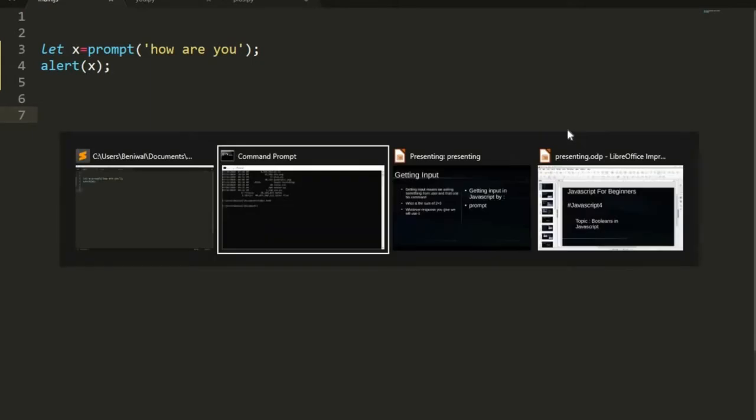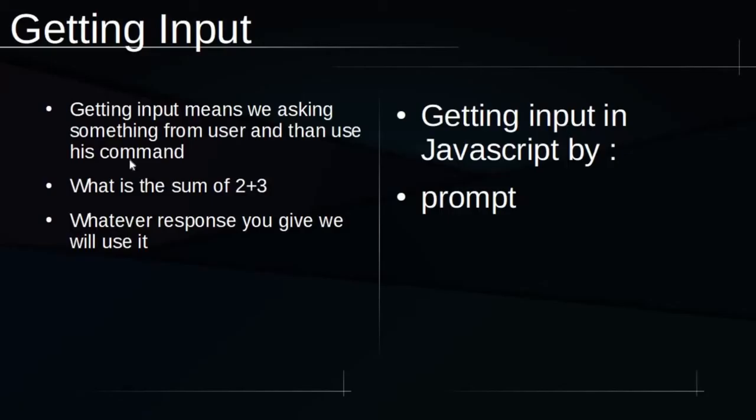So let's first introduce this method. Getting input means we can ask something from the user and then use his response in any case in our project. So if we ask what is the sum of 2 plus 3, whatever you respond, if you respond false, if you say no, if you say yes, everything is printed in this.